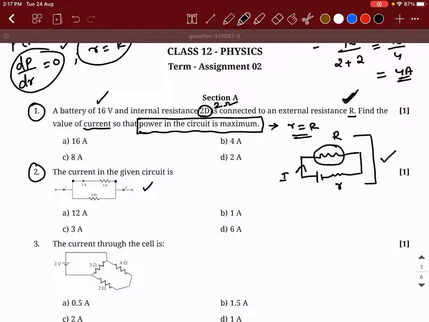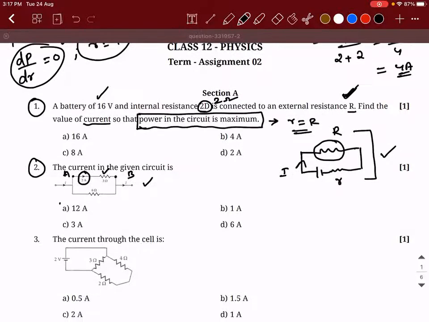So generally, the logic is very simple. They have given the current here multiplied with resistance will give you the potential difference across the points A and B. If I take the points as A dash, B dash at the bottom, the potential difference across AB should be the same potential difference across A dash, B dash. So what is the potential difference across AB? That is 6 volt, correct? The same 6 volt should act across the 6 ohm resistor. So what is going to be the value of current through the 6 ohm resistor? 1 ampere. So what is going to be the total current? 2 plus 1 is going to be 3 ampere. Correct?